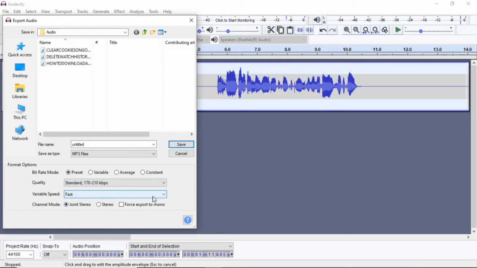And then once you've done that, all you need to do is click on save, and it will save to the file where your audio gets saved. So it's just that simple,